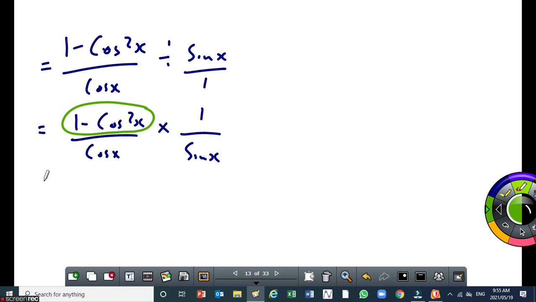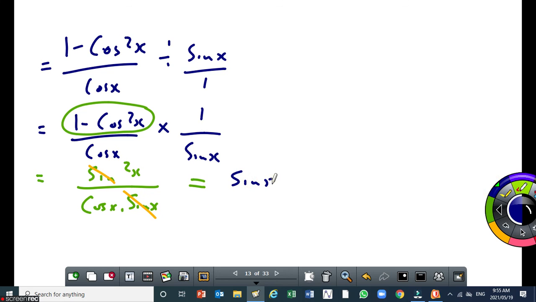Okay? So we end up having sine squared x over cos x times sin x, which will give us, now one of the two sin x's will cancel out again with the sin x, so this cancels out one of those two, and eventually our final answer is going to be sin x over cos x, which is equal to tan x. So